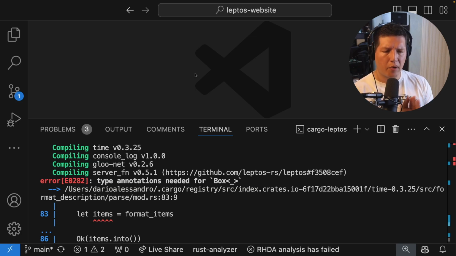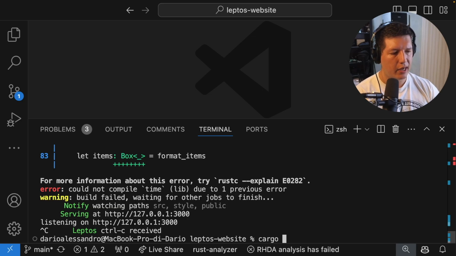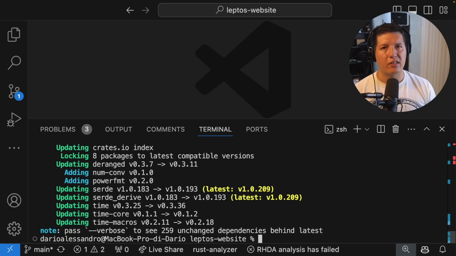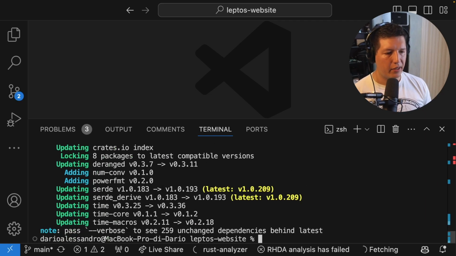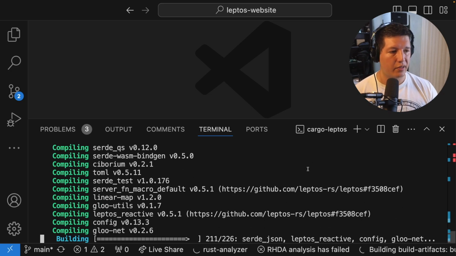So this tells me that probably my toolchain is incompatible with the toolchain that the guys over at Leptos used to build this. What I'm going to do is ignore my instincts, and instead I'm going to start upgrading packages. So what I mean is cargo update time, right? So I'm just going to start updating these packages and see if I can get a clean build. Obviously, I'm going to speed this up for you so that you're not looking at a stupid compiler thing.